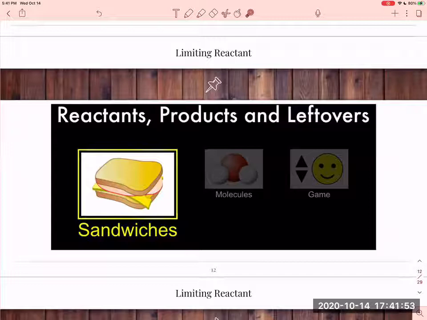So in your Canvas course, there is a great simulation that I have put called Reactants, Products, and Leftovers. It is a PhET simulation, and it should work on your phones as well, so I highly recommend that you play with it. The game is super cute, and I think it helps a conceptual understanding of what a limiting reactant is. So definitely go for that simulation. Let me just write a note: simulation in Canvas is going to be helpful